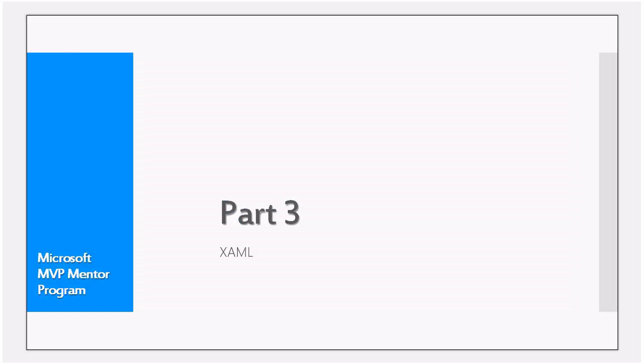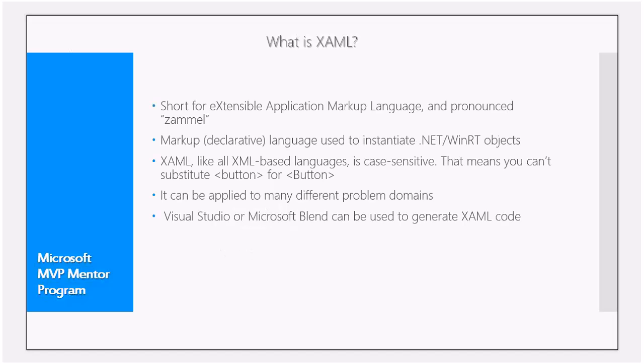XAML. Okay, XAML. So what's XAML? XAML is short for Extensible Application Markup Language, and it's pronounced "zammel". It's a declarative markup language used to instantiate .NET WinRT objects. Why did I mention .NET? XAML was introduced in .NET 3.0 back in